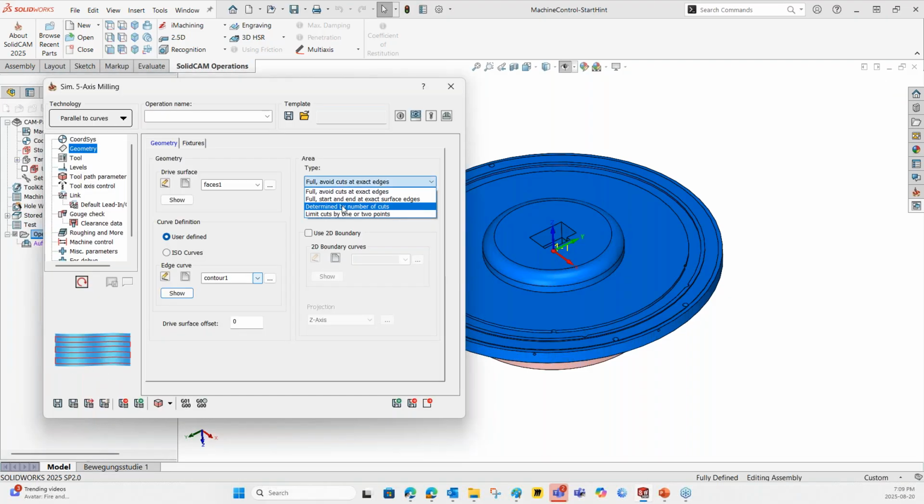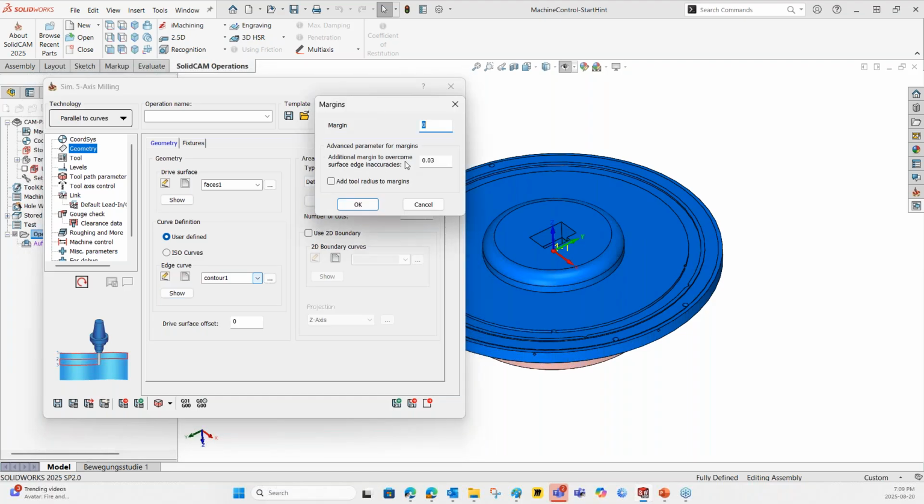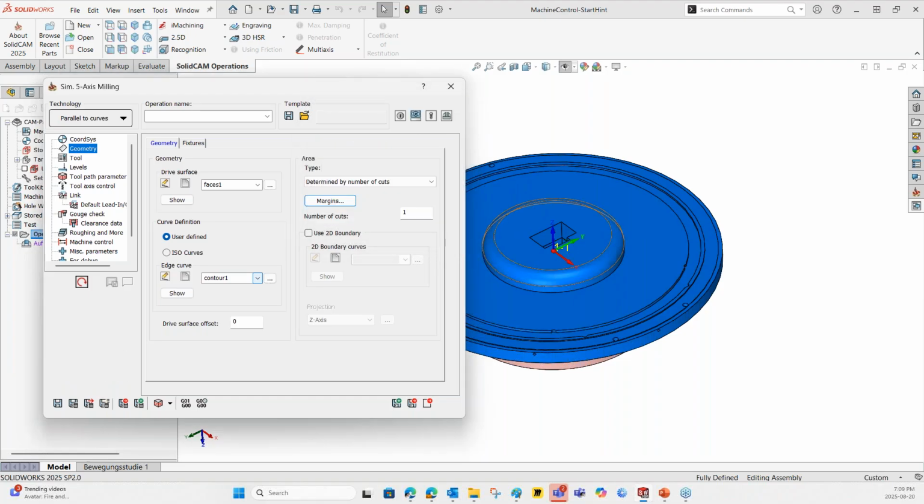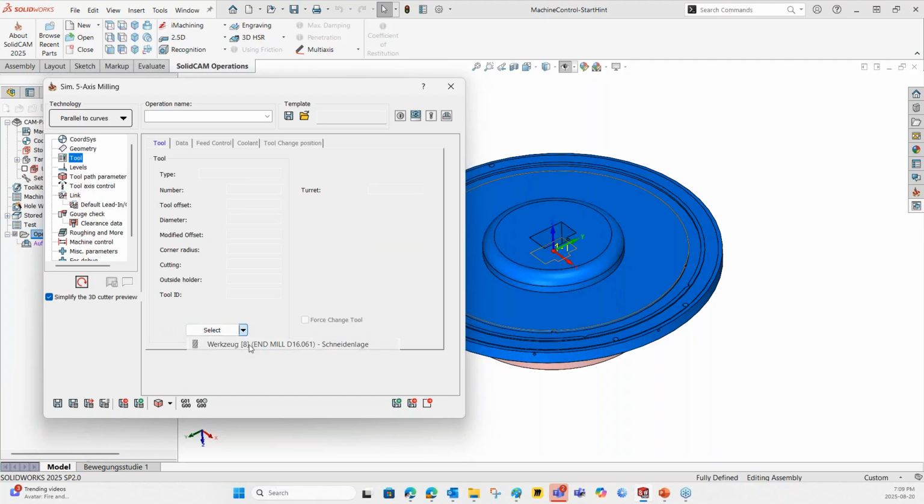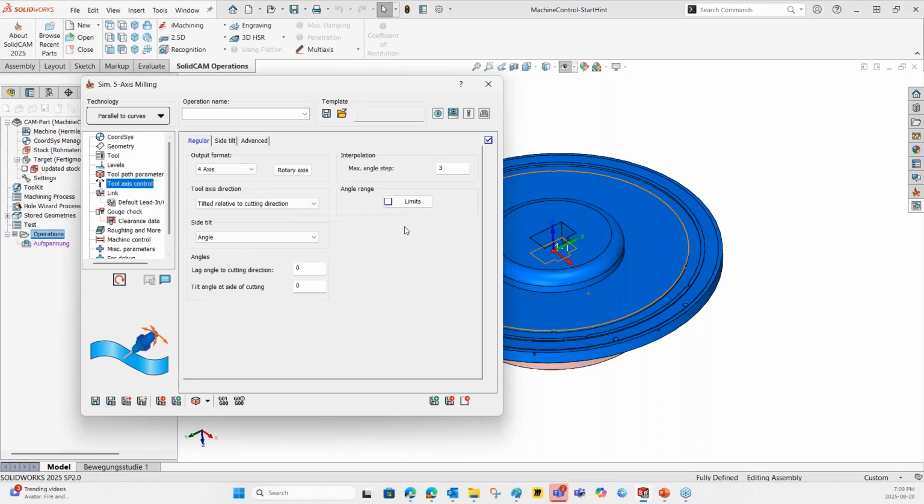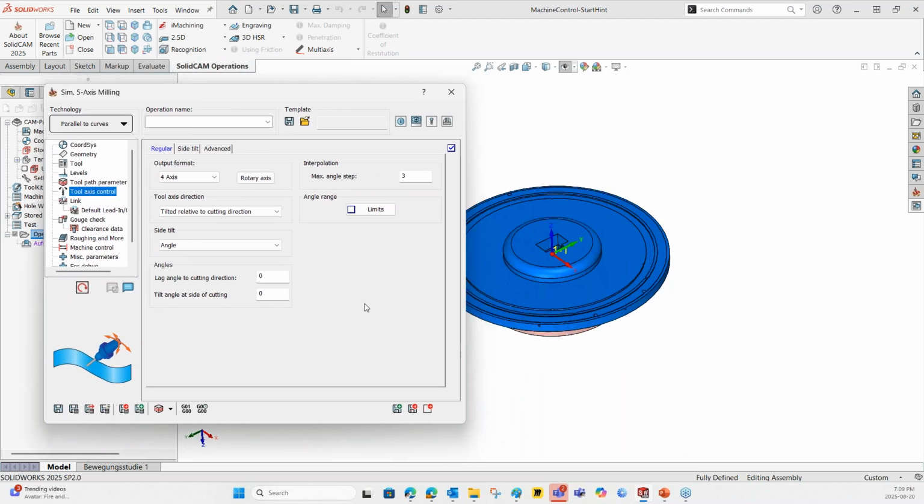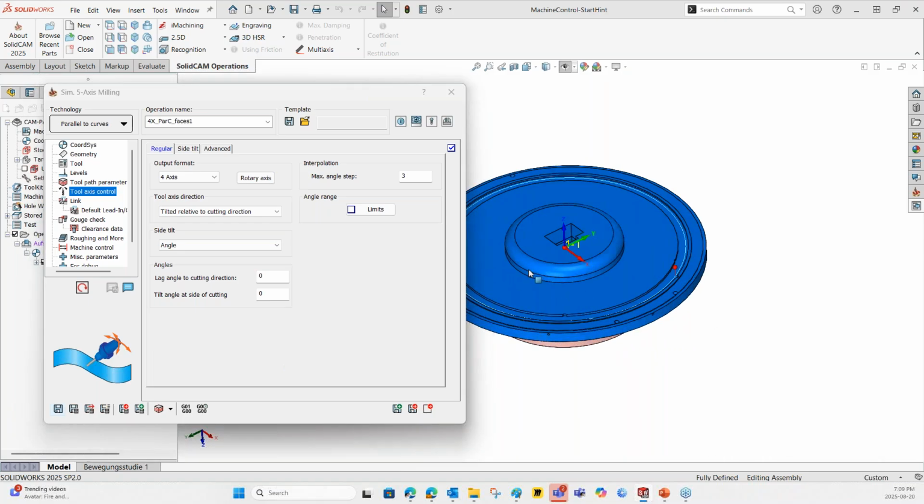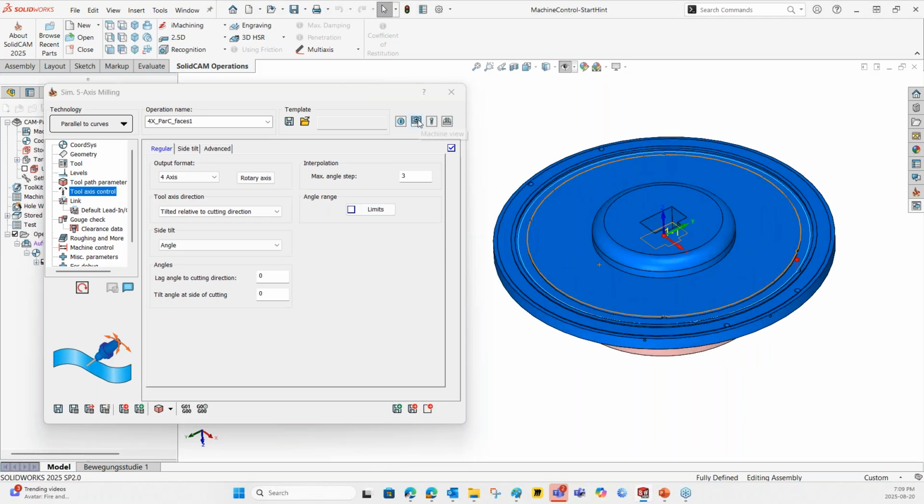Since I want only one cut, I will choose determined by number of cuts, and I want radius to be offsetted. So number of cuts is 1. I will select the tool. Okay, this is fine, and all this rotary axis is set. So I'll just hit the calculate button. So I have a toolpath here. Okay. Now if you see the machine preview,